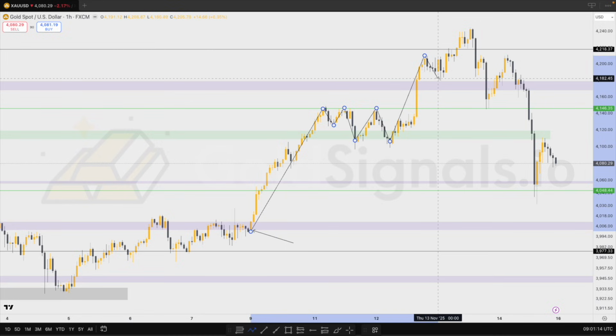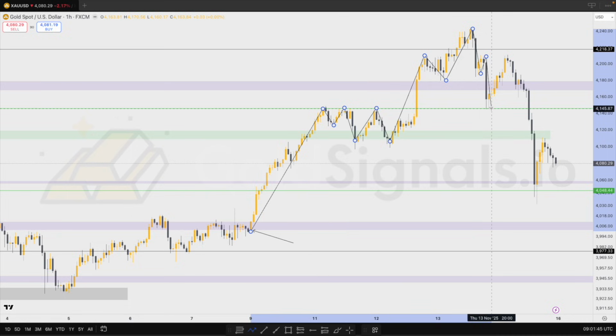Price then consolidated on the lower time frames throughout the Asian session all the way up until around 3 a.m. until we then saw some more bullish momentum carrying it all the way up until the New York session start on Thursday. As you can see, we topped out at about 4,243 and from there price ended up breaking structure of this point of interest that was broken previously at 4,175. Price came back down to our